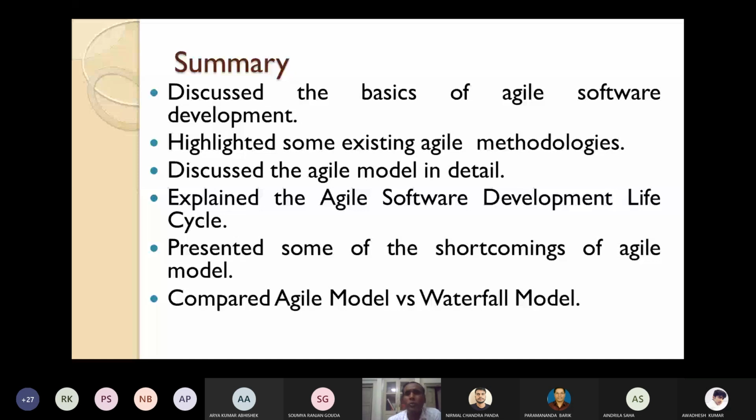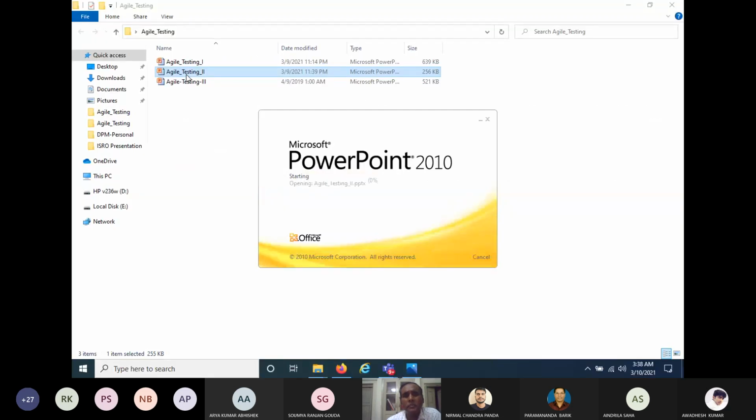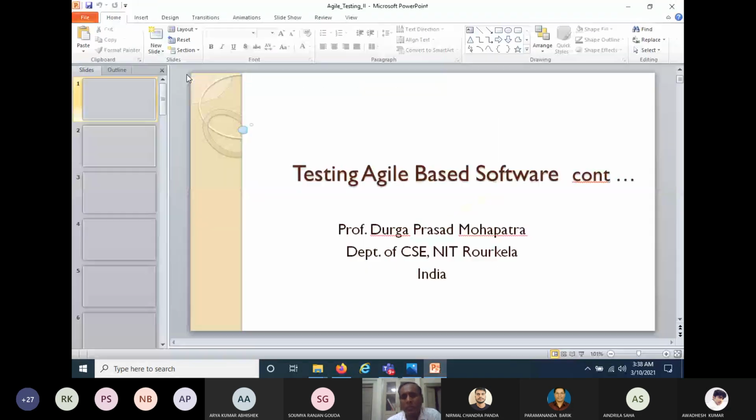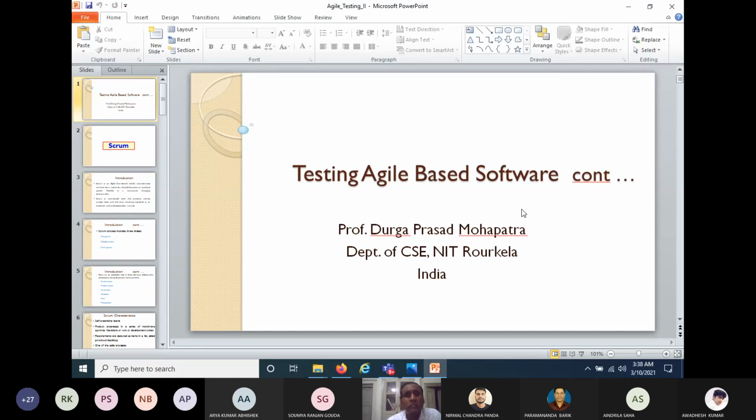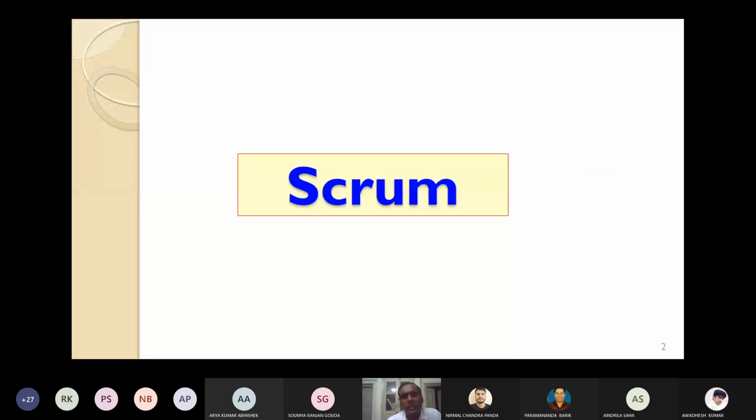Till then, any doubt, please, you can ask whatever we have covered now. If there is any doubt, please say. If you ask, we will take it up. Otherwise, we will go to Scrum now. We'll take under half an hour for discussing Scrum. Yes, this is a very relevant, pertinent topic nowadays for industries. So any doubt, please come. Nobody is asking anything else.